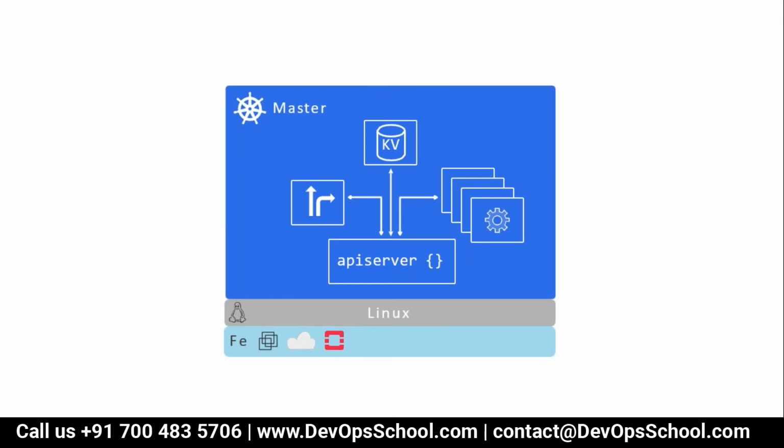Kubernetes is not monolithic. Kubernetes is not SOA. Kubernetes is a microservices based architecture. So they have 200 functionalities, but where do they keep them? They keep them in the API server. So if you want any functionality, hit the API server, get the CRUD operations done on that particular API, and be happy.